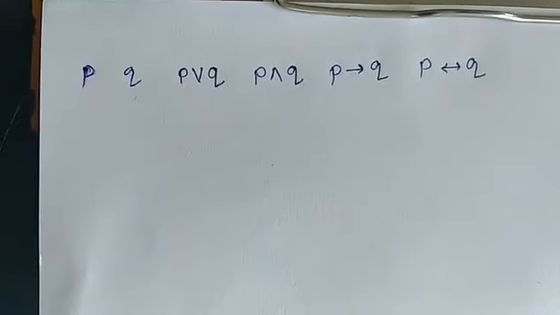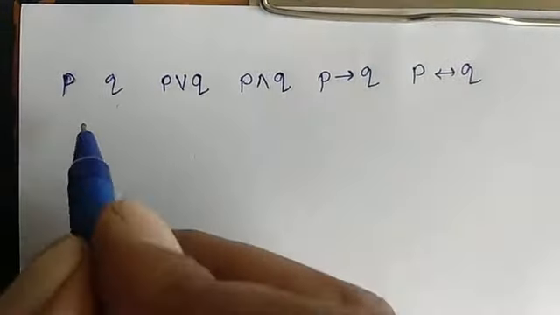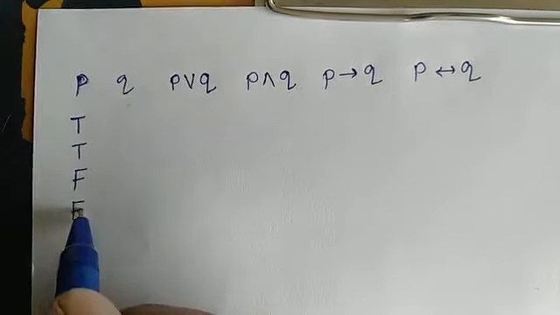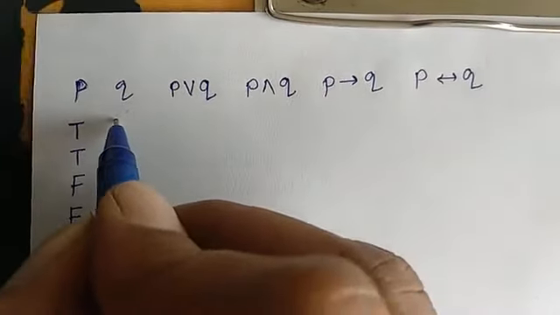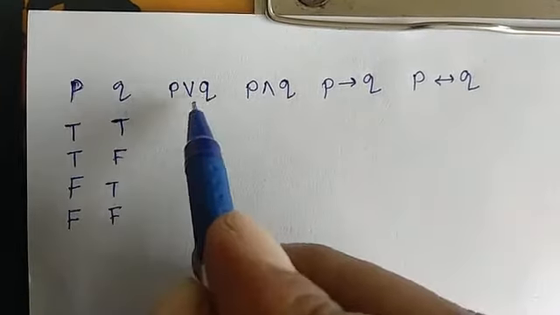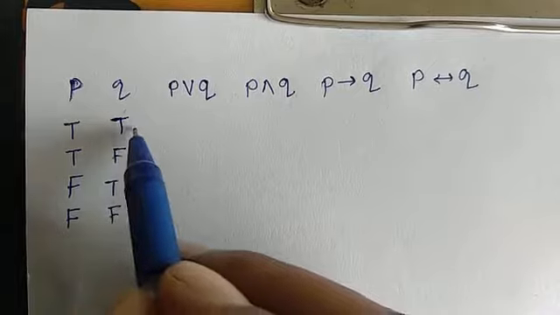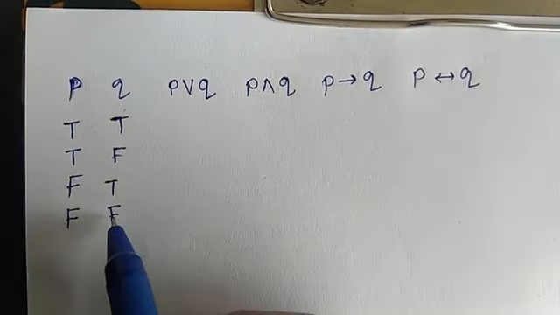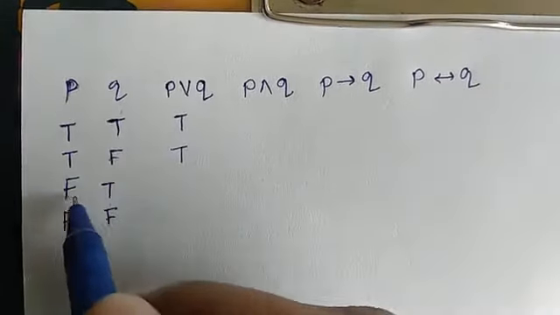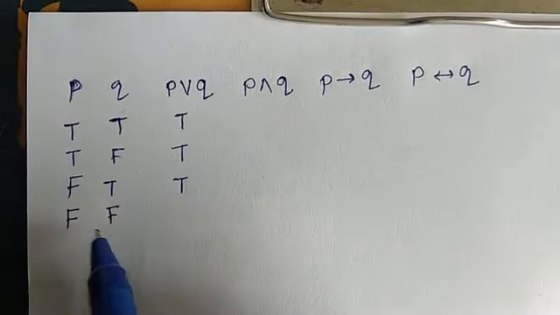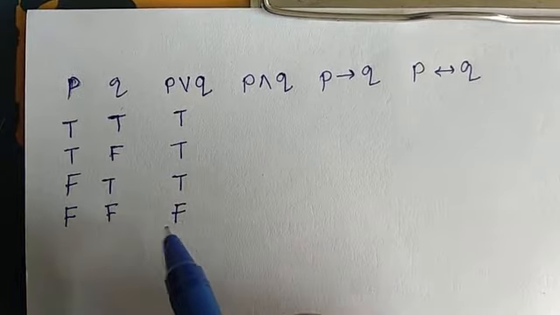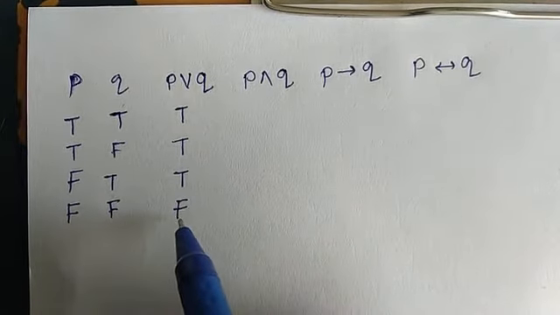Okay, for two statements there are four possibilities. In that, for P it is T T F F. In Q it is T F T F. So P or Q related to P and Q will be: P or Q is false when both are false, and in the remaining cases it is true. True false, it is again true. False true, it will be true, and for false false it is false. So P or Q has only one condition for false: if all statements are false then only or will be